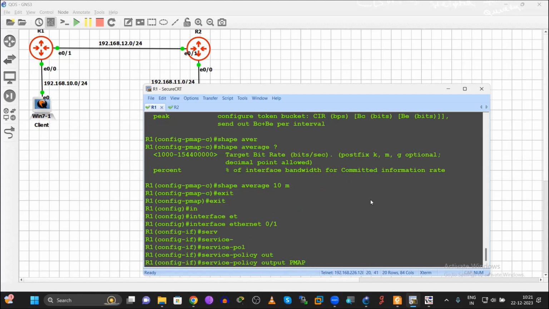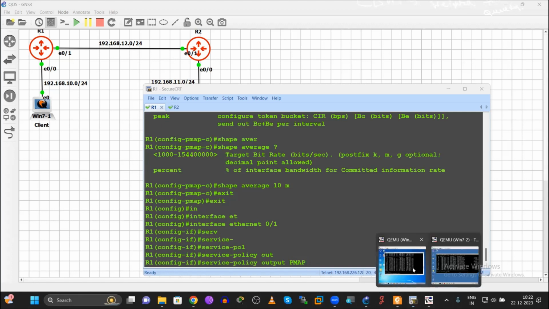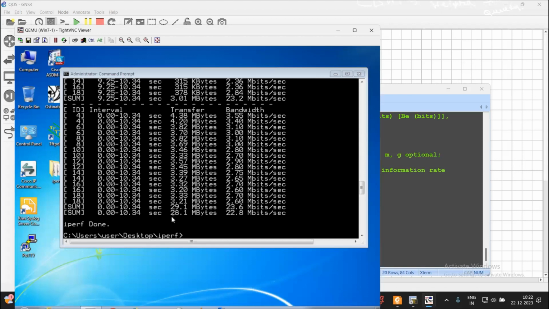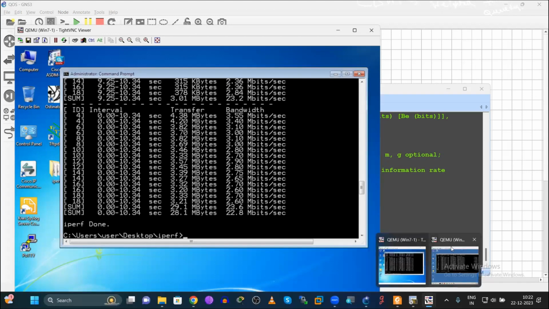As soon as I enter, automatically the data transmit rate will be limited to 10 Mbps only. Earlier, how much were we getting? We just tested it, 28 Mbps, right? 28.1 Mbps is the bandwidth we got.